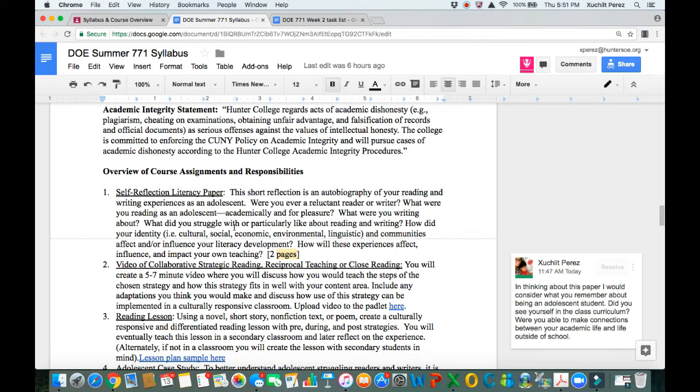Because as we all know, as teachers, we are in charge of that power. And the curriculum that we choose and the text that we choose to read and that we choose to engage our students in reading will be representative of the power that's in that classroom. And if we want to make sure that we have a democratic classroom and that we create safe spaces, I think the reading material that we have them read and the choices that we allow them to make will contribute to those democratic spaces. So this is a 2-page assignment,